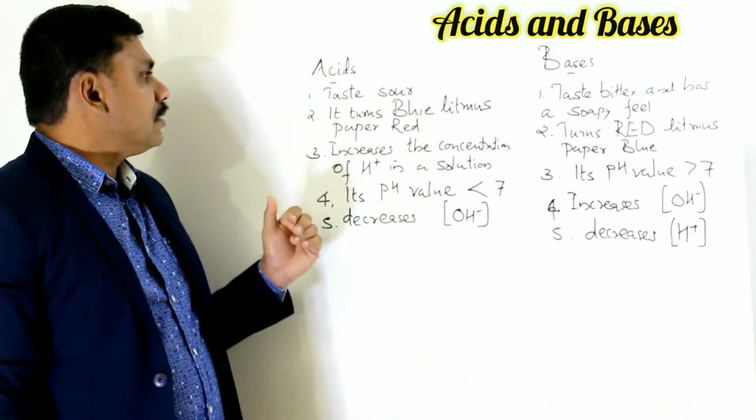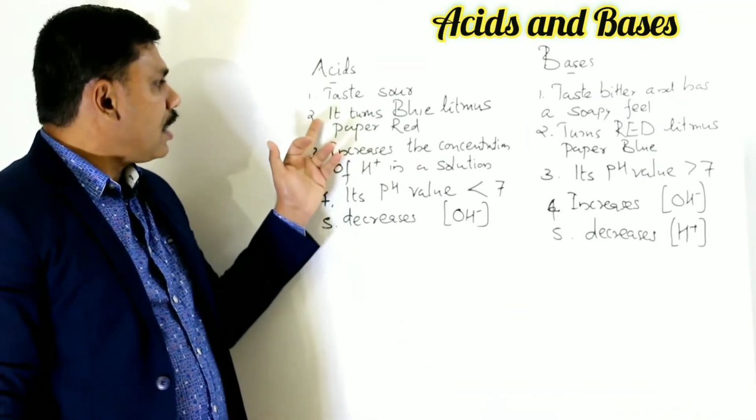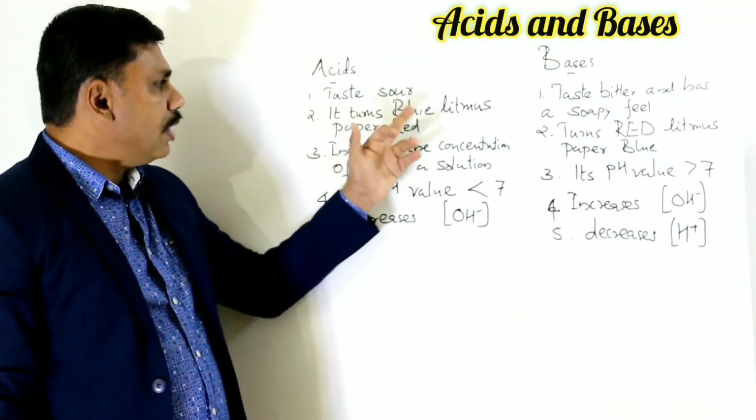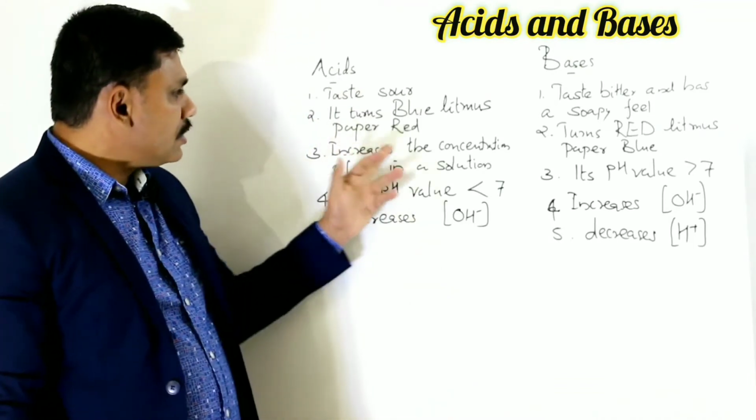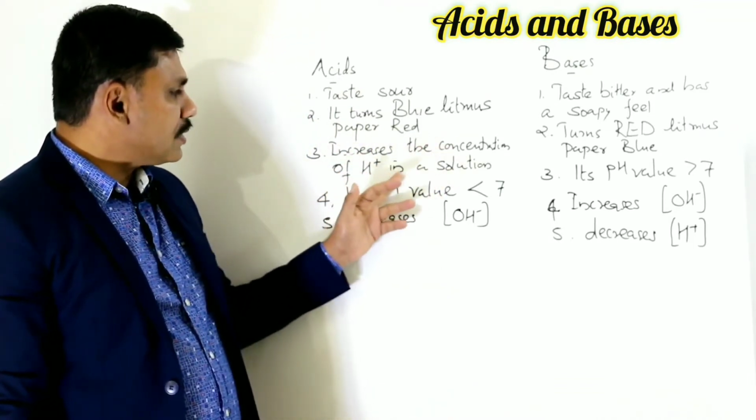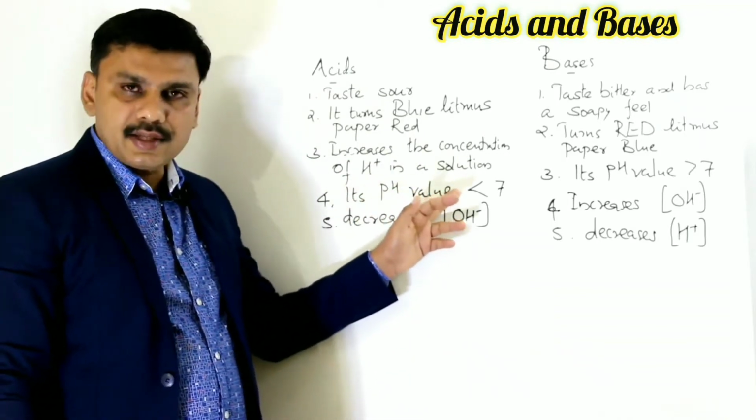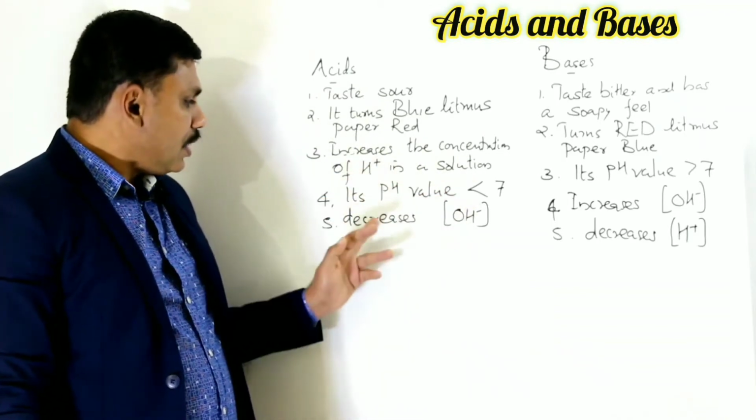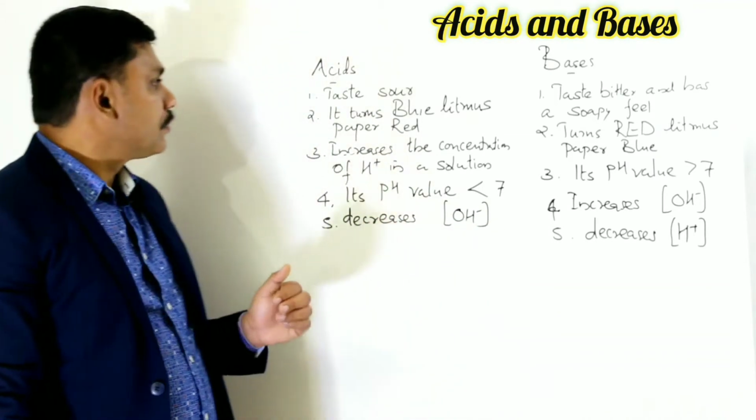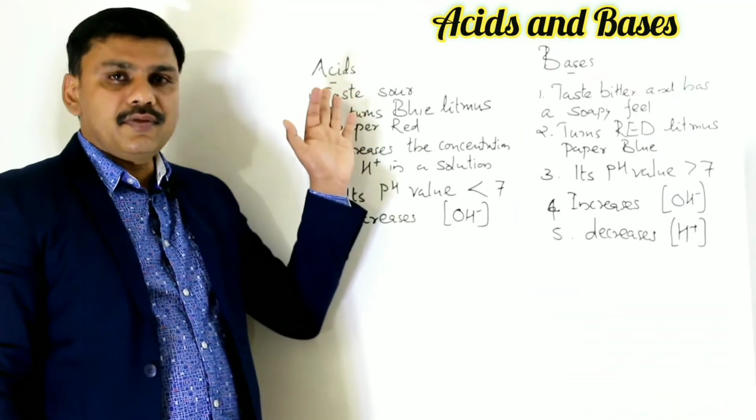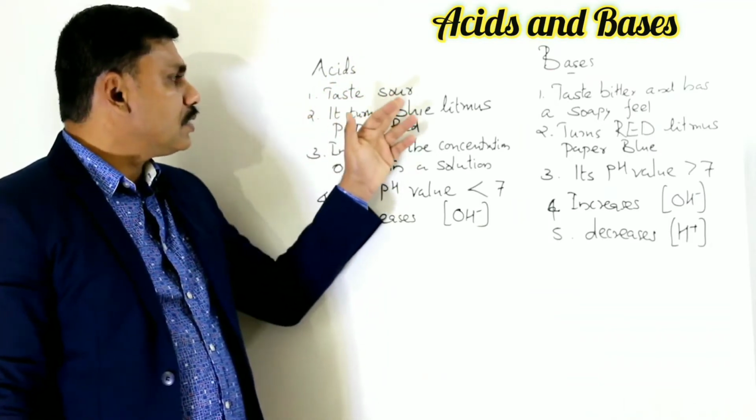Acids taste sour. Acids turn blue litmus paper red. Acids increase the concentration of H plus in a solution. Its pH value is less than 7. It decreases the concentration of OH minus. So the first point is it tastes sour,